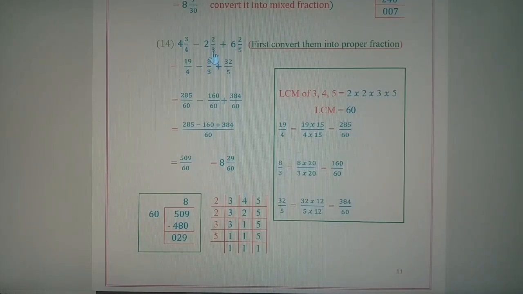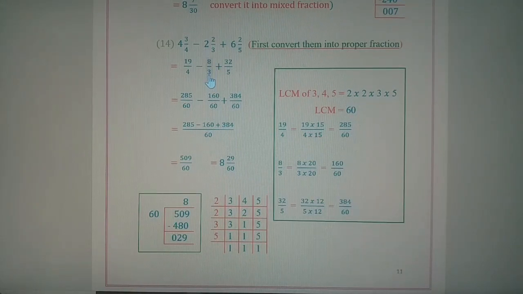In the next fraction, the denominator 3 will remain the same while the numerator we have to find out by using the multiplication addition or MA rule. M for multiplication, A for addition. First we have to multiply and the answer we have to add. 3 2s are 6. We have to add with the next number. 3 2s are 6 and plus 2, that is 8. So the numerator will be written as 8 and the denominator will be 3.